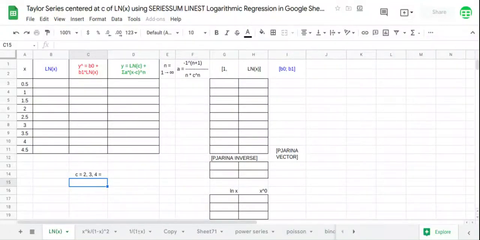In this video, we will generate the Taylor-Maclaurin series sum of the function ln x centered at 2, 3, and 4. We begin with the ln x dataset, so array formula ln of the x values. And we continue with the Taylor-Maclaurin series sum, which is equal to y equals the summation of ln c plus